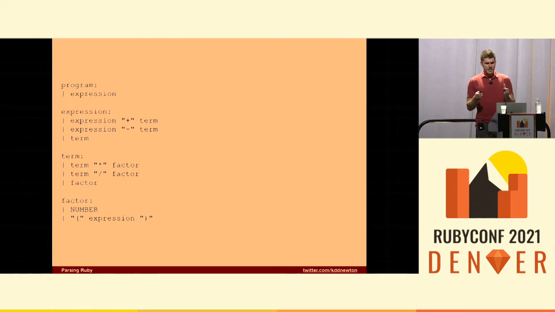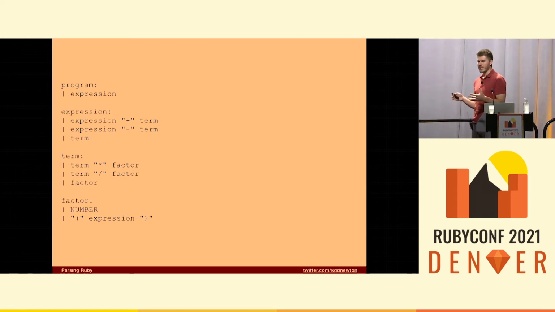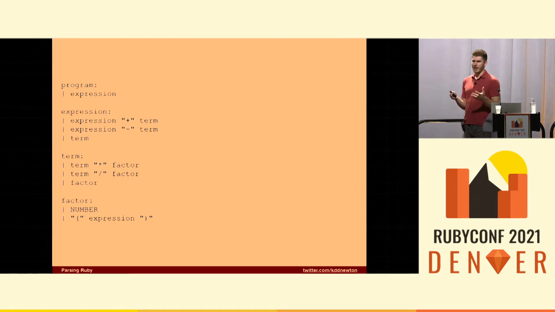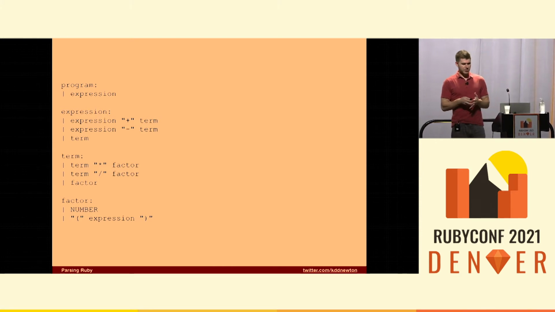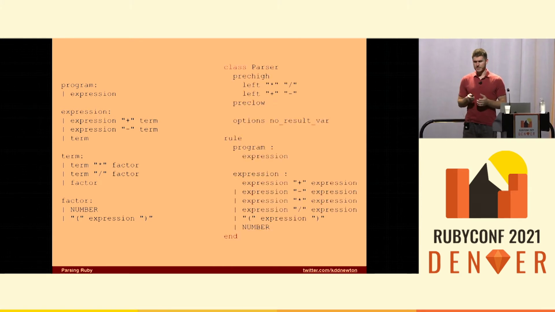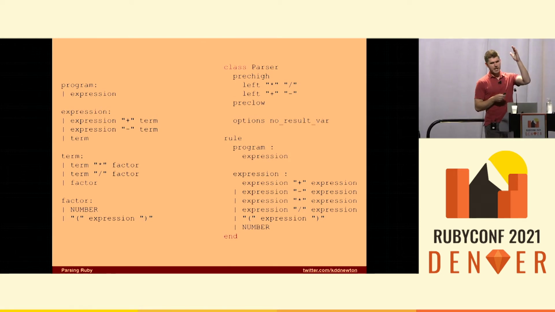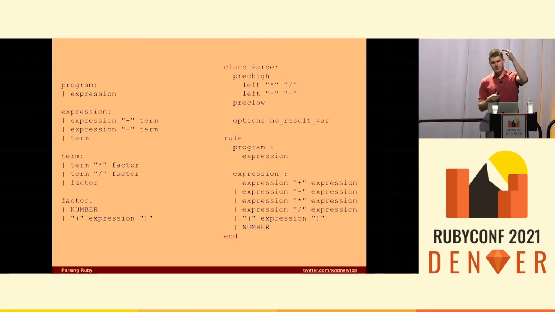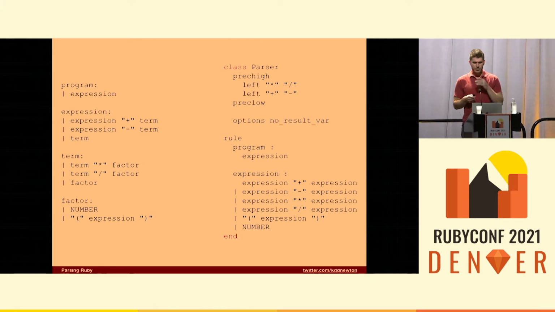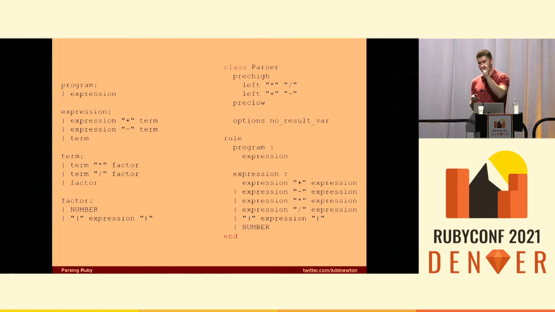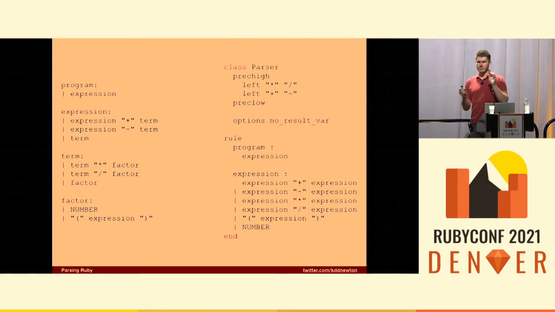Anyway, what this would look like with a parser generator. So Ruby has a parser generator in the standard library. It's called racc. There's a reason for that. I'll show you in a minute. And it looks something like this. This is a parser generator using racc. The thing up top that we're looking at is the operator precedence, up where it says left. Left is associativity that I'm not going to get into today. But that operator precedence tells you if you have to determine between a shift and a reduce, that you're going to go with the operator with the higher precedence.